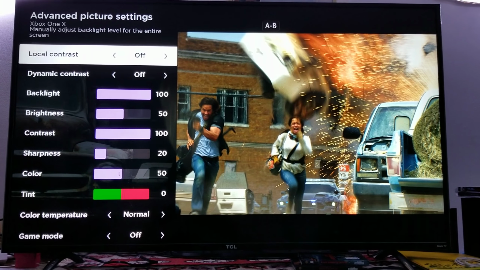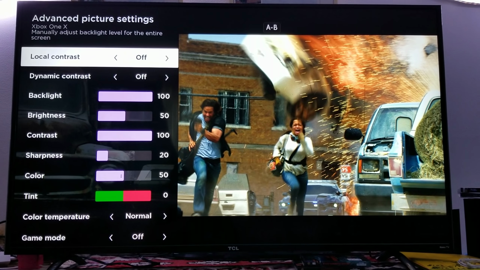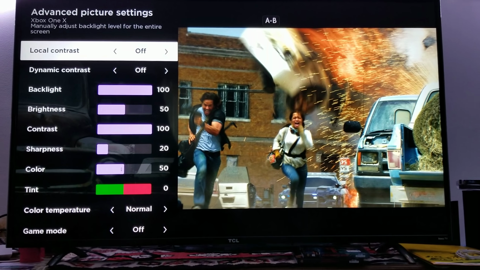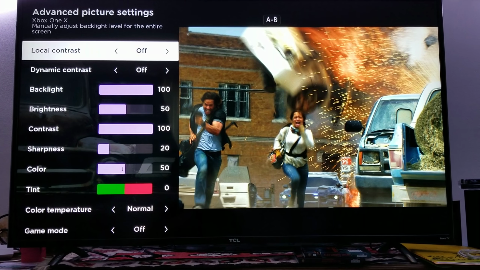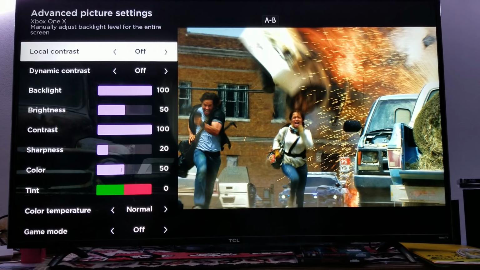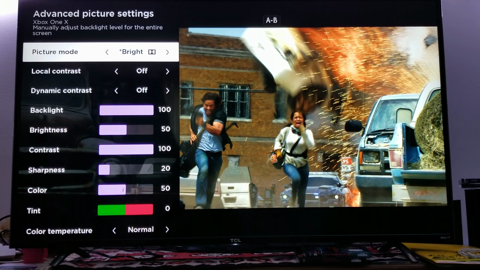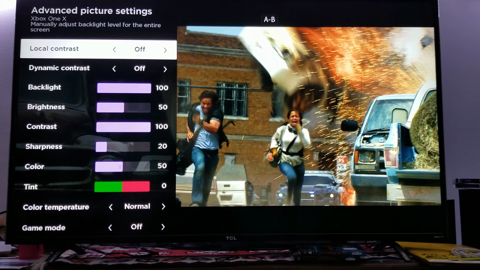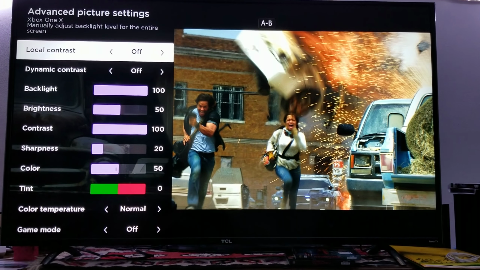All right, and I can show you a little demo. I can show you just what happens when you turn the local dimming on and you turn off the brighter HDR mode, which is Dolby Vision, and when you turn the TV brightness to normal. But we'll get to that later. First thing first,